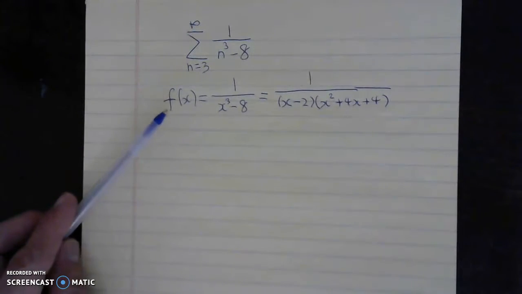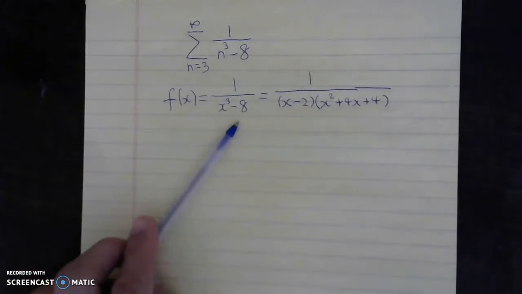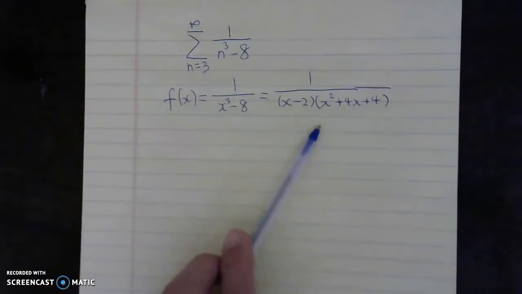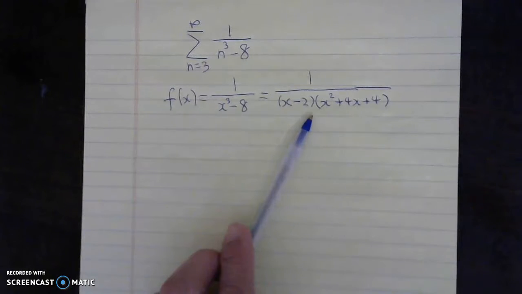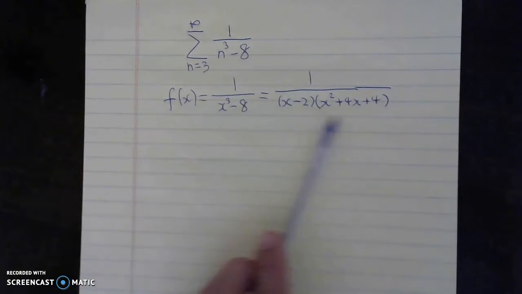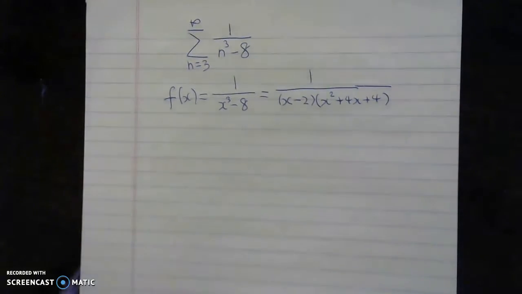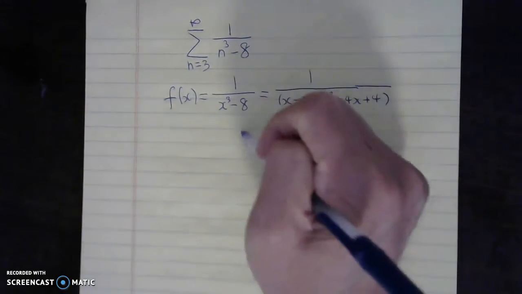Firstly, you will note this is a good function to choose for my integral test. And then in order to integrate something like that, I need to factor the denominator completely, which is the first obstacle that most of you will have. Most of you probably will not know that this is a factor of x cubed minus 8. Even if you know that, the next step is,